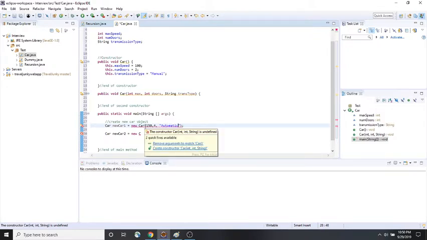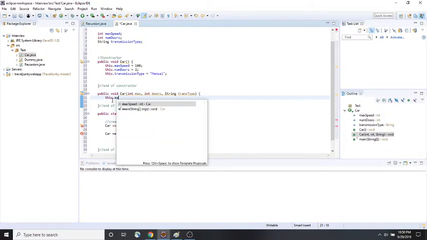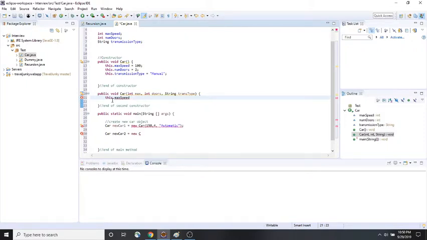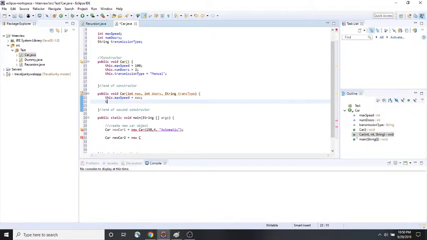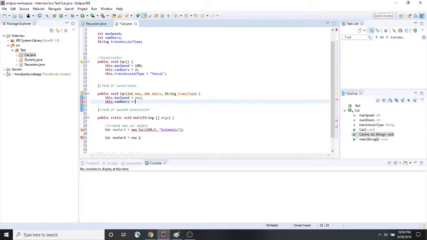The constructor is undefined. Oh, I haven't defined this yet. Okay, so I actually have to go in here, and same thing, this.maxSpeed equals, I'm going to set the max speed of this object to whatever the user passed in. So in this case, I passed 150. When I pass 150 into this constructor, it's temporarily going to call that max. So I'm saying that's equal to the max that the user passed in. this.numDoors. So this new object that I'm creating,